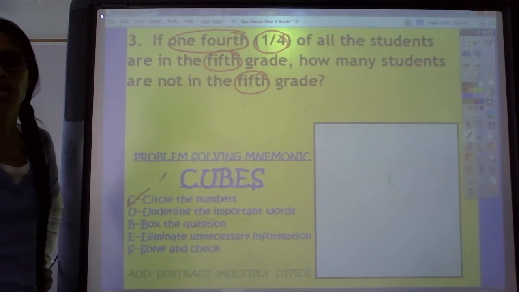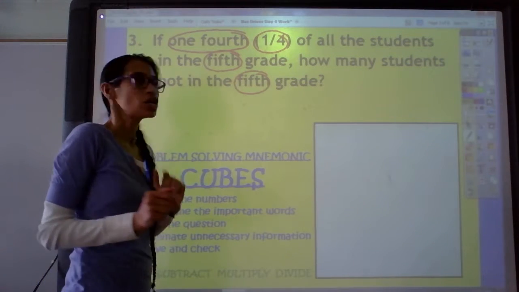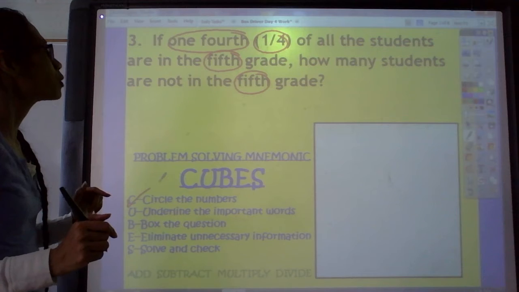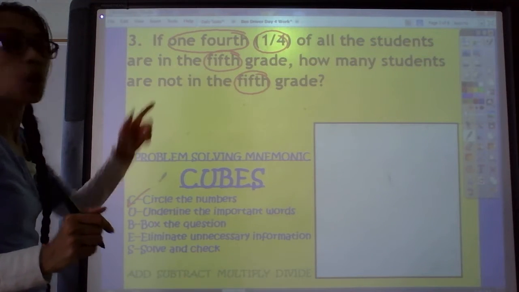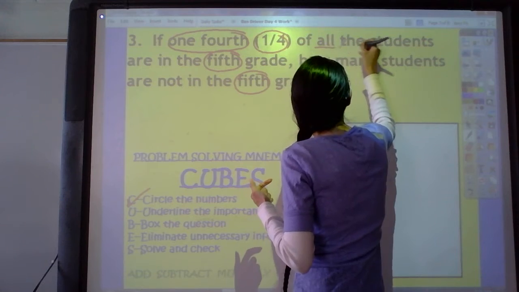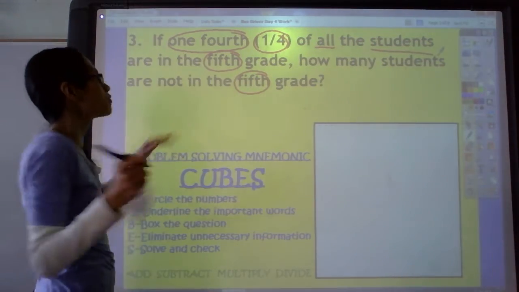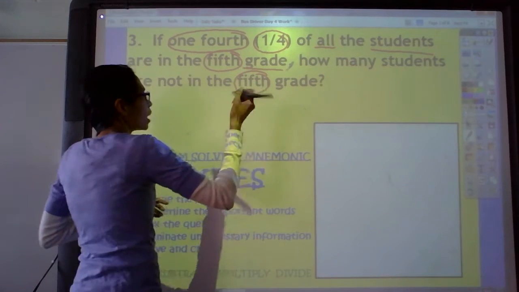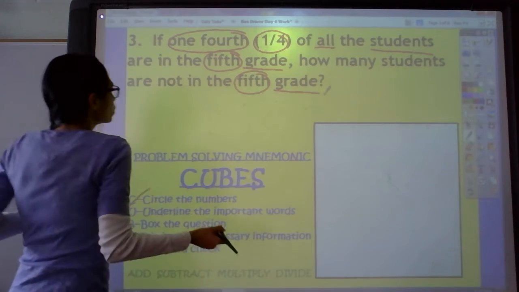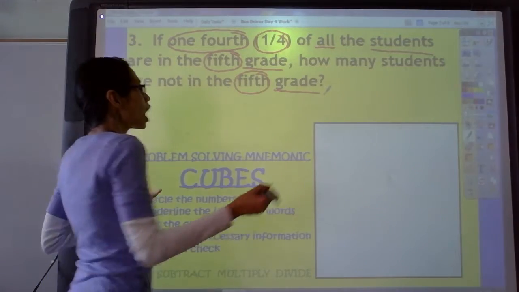The next step in our CUBES clues is to underline the important words. What words do you see are important? All the students, that's a phrase. All the students right there. What else do you see? The unit that goes with 5th is grade, and grade again. What other important words or phrases do you see? How many